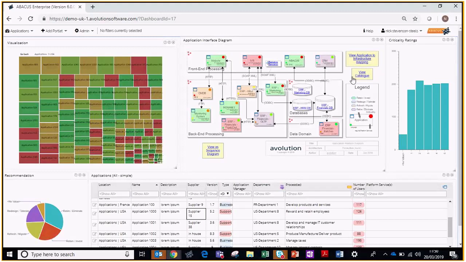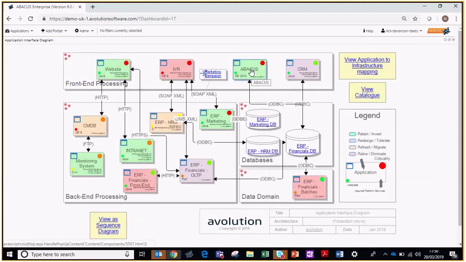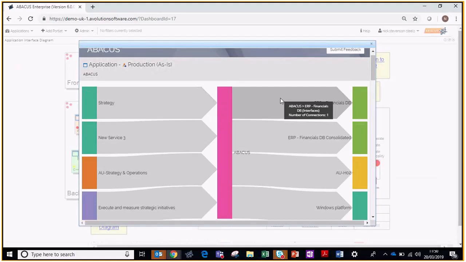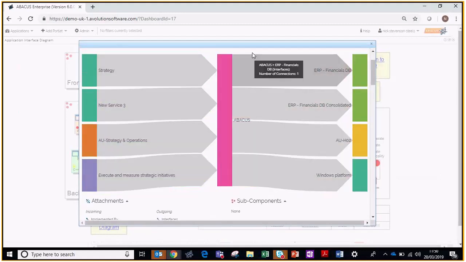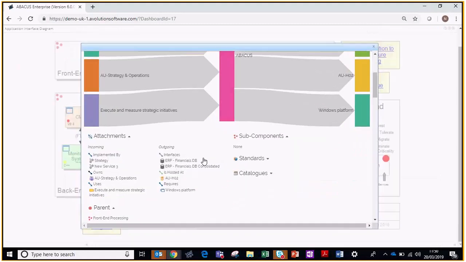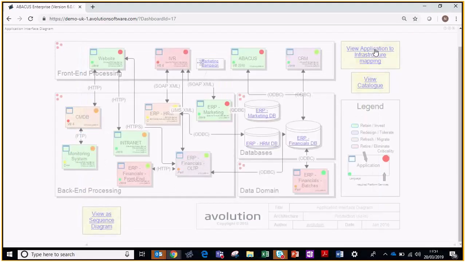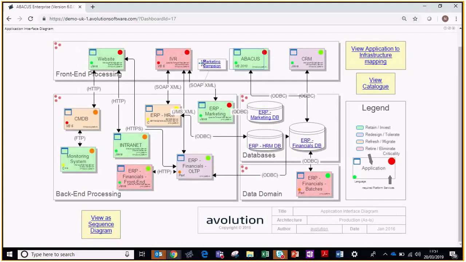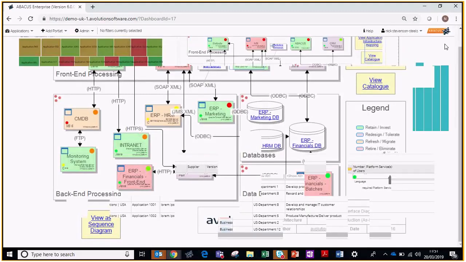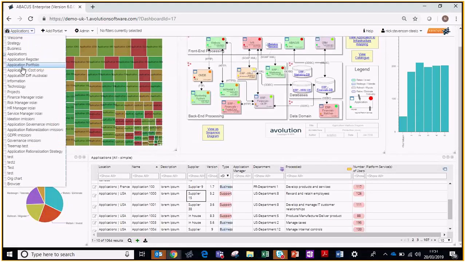What you can do, you can see we've got the application interface diagram, and again this has come from ABACUS Studio, and these are done through adding portlets. And what you can do within this is actually drill down and see from that diagram a Sankey chart and see the connections from the component that I selected, along with all the different information, the incoming and outgoing component. So you can drill down into those,